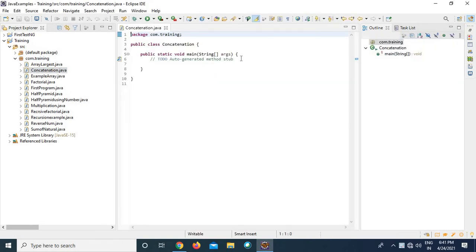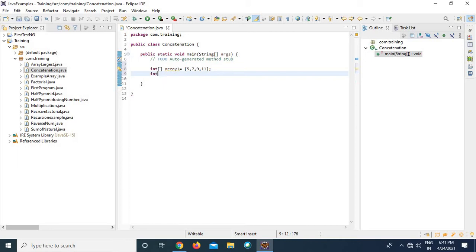So first you take two arrays. Let's say I'm taking my first array as array1 is equal to, give some values inside your array: 5, 7, 9, 11. This is my first array.